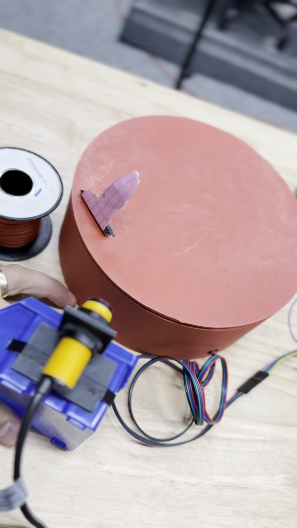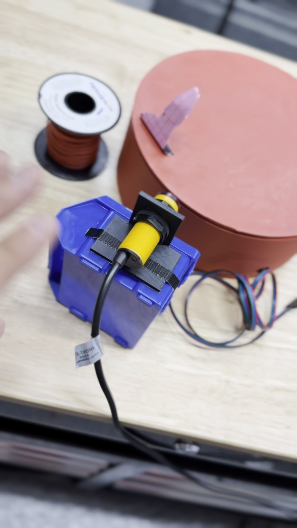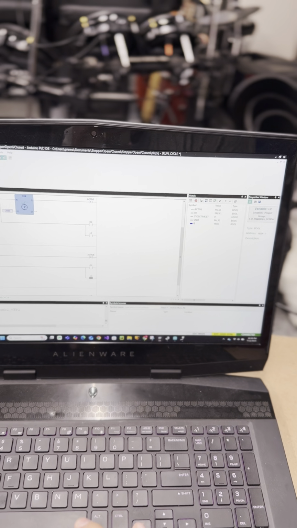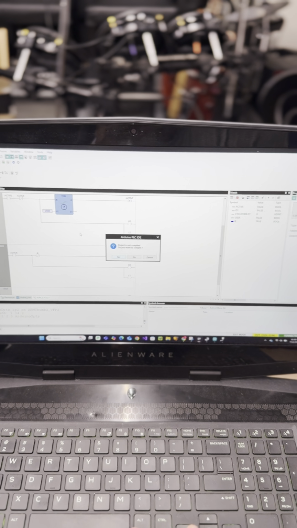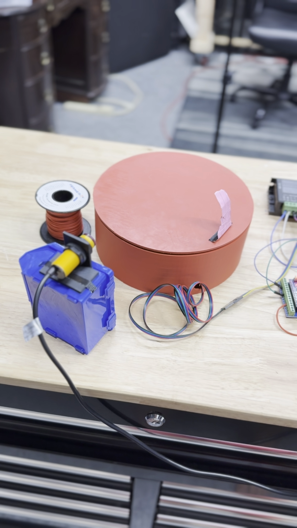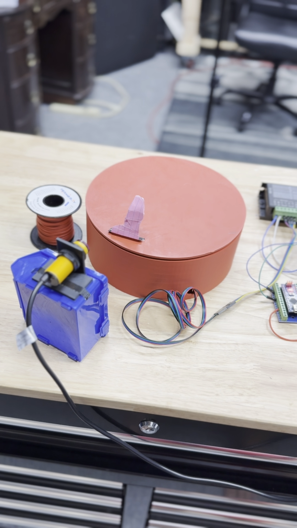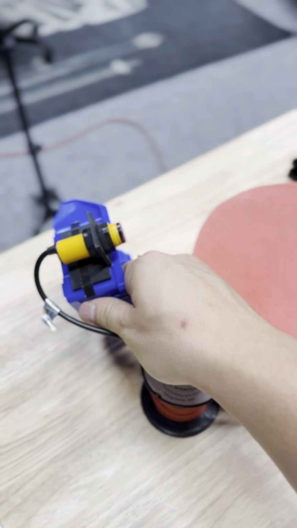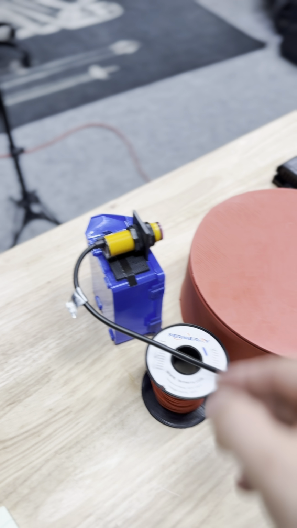But I can turn this system from an open system into a closed feedback system using this proximity sensor, sometimes called a photo eye, which is a sensor that detects when objects are in front of it, and you can see on the back with this little red light. So if I just slightly modify my code from turning for 2 seconds no matter what to turning until I see the proximity sensor, you can see that the table will turn more than 2 seconds until that sensor is made. And now it's a closed system,